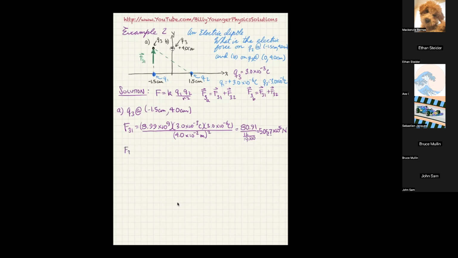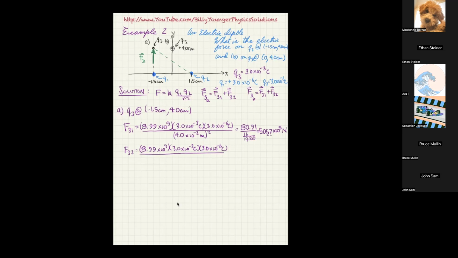So F32 is going to be equal to 8.99 times 10 to the ninth times Q3, which is, of course, 3.0 times 10 to the negative third coulombs. Now, this time it's the same number, but it's going to be a negative. So that just means it's an attractive force as opposed to repulsive. But notice I do not write the sign in there. I don't want you writing the signs in there. That only leads to problems. But in this case, it's going to be times 10 to the negative 6. And then all of that is going to be divided by